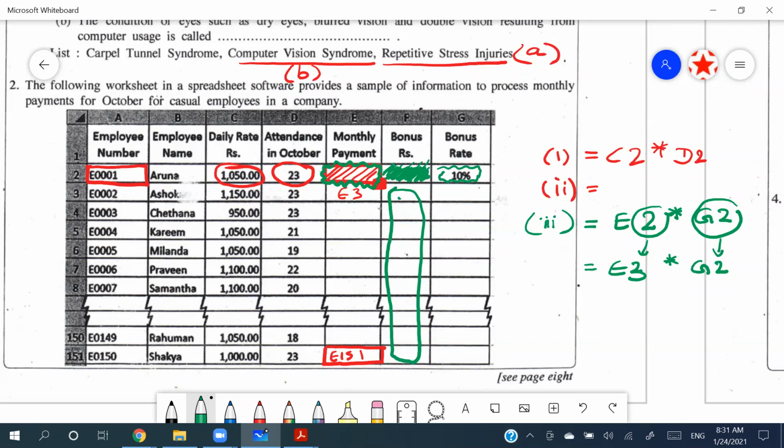To do this, we have to write the correct formula like this: E2 star. Since you are copying along the column,